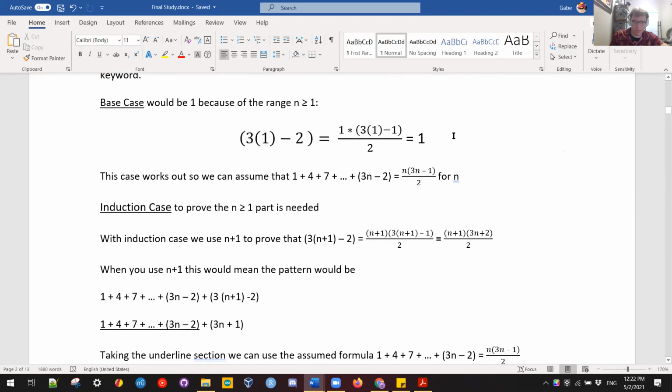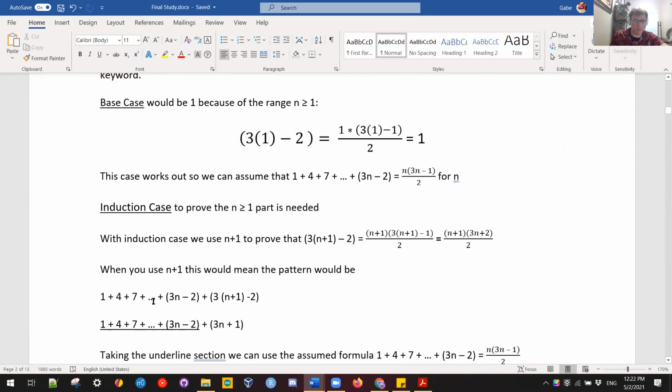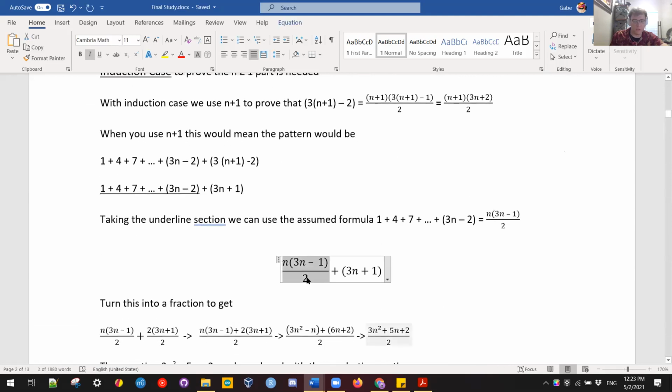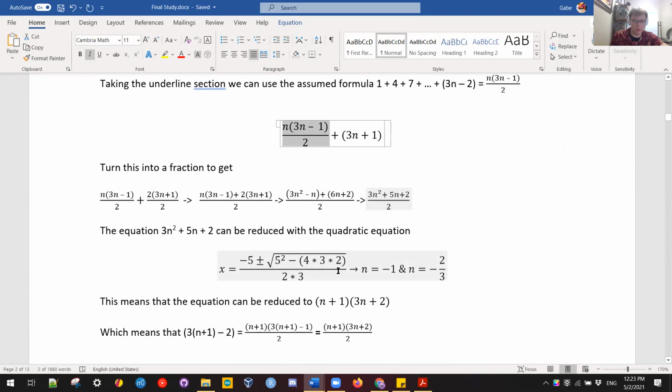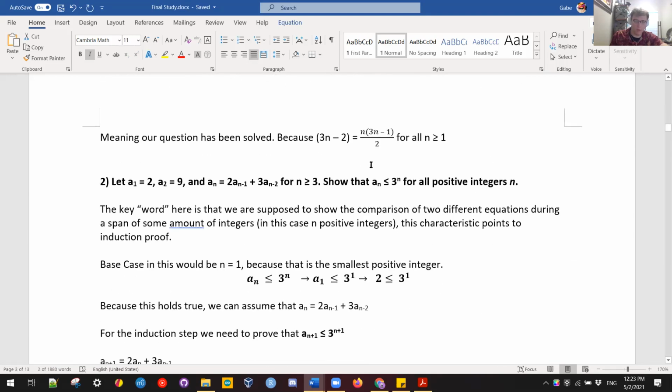Yeah, so then the base case and then the induction case, which uses the base case. But one of the tricky things, I think, might just be figuring out that you need to use the previous step. So this was n+1 and then this was n, and then use that for the base case, because after that you could just turn it into a fraction and then break it down, and then you should be good. So cool. All right, so then the next one,